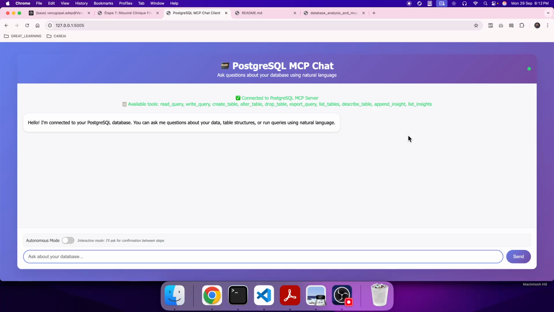In this video, I am going to demonstrate the PostgreSQL MCP server. Using this, we can give any prompt, connect to the database, and then get the responses. The prompt can be as simple as "give me the details from so and so table,"